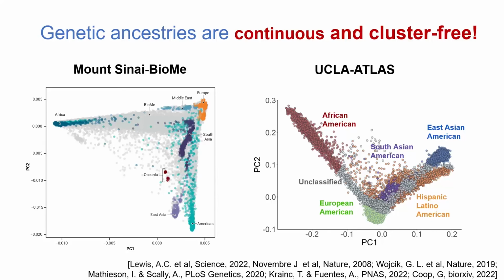You can see that individuals span the entire range from, let's say, the European genetic ancestry cluster all the way to the African cluster and so on. So you see individuals occupying all sorts of space in this continuum map. And that motivates us to try to see how we incorporate this continuous way of looking at ancestry into polygenic risk prediction.